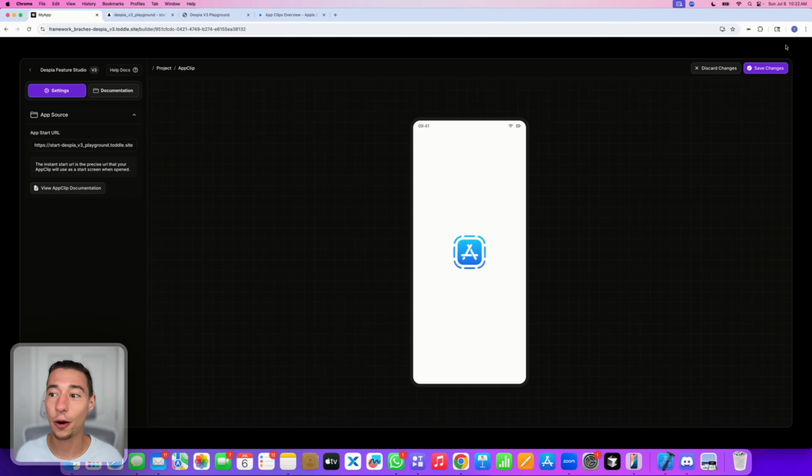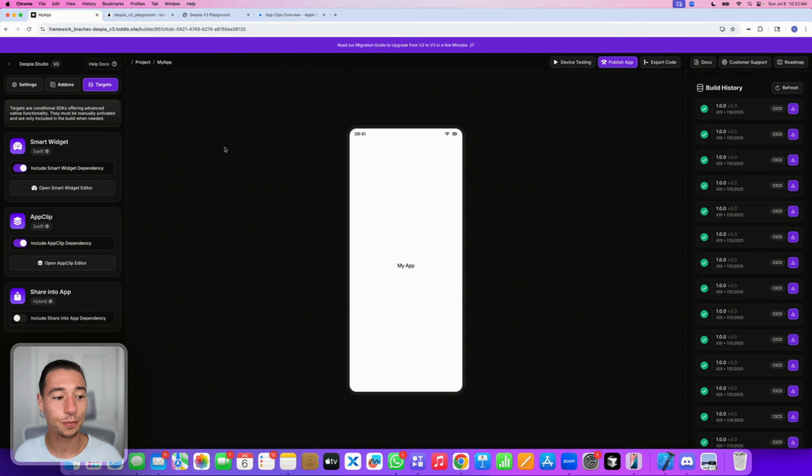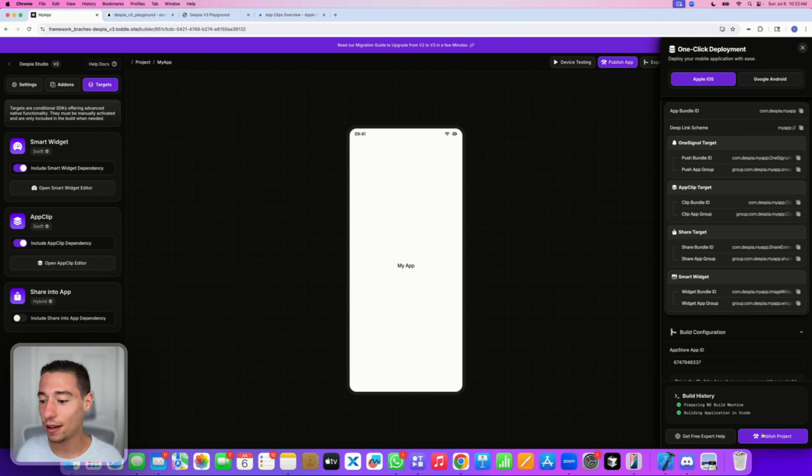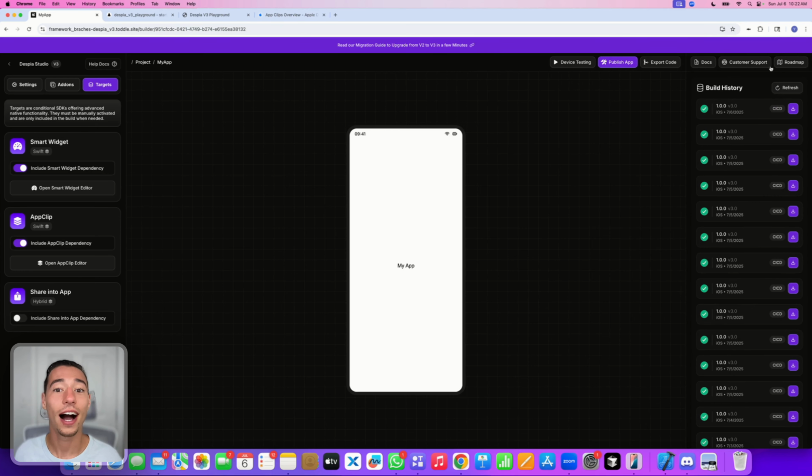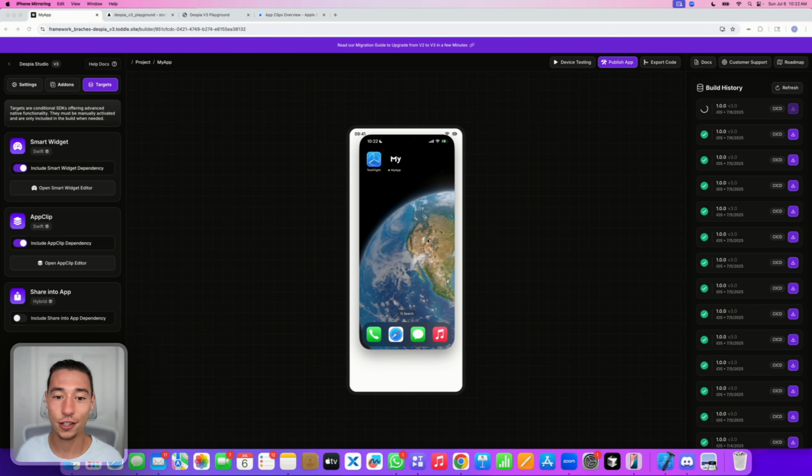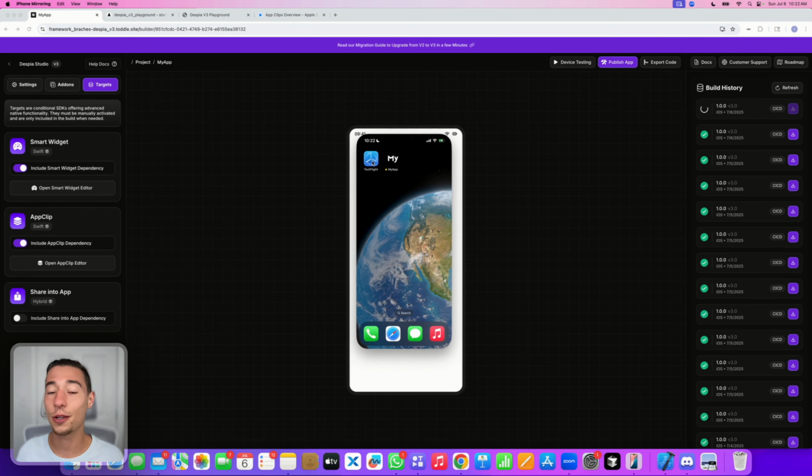But there you go. So now let's save this here. And now that we have this AppClip nicely set up, we can build and publish our application. So let's click on Publish App, and we're going to publish our application. And now it's building the application with our AppClip, and then we'll be able to test this. Now, I already have something prepared for you, so we don't have to wait 20 minutes for this application to be built. So let me just go here on my phone,